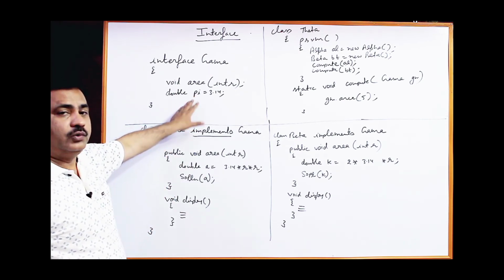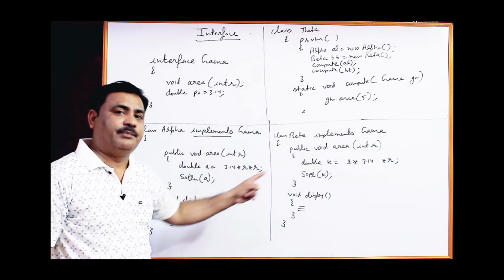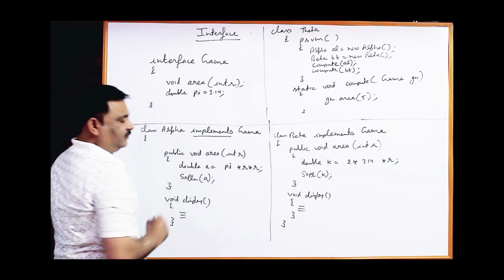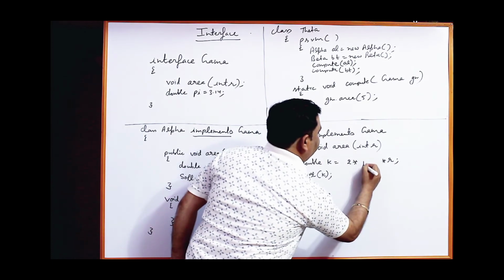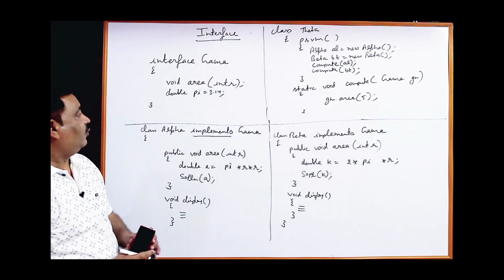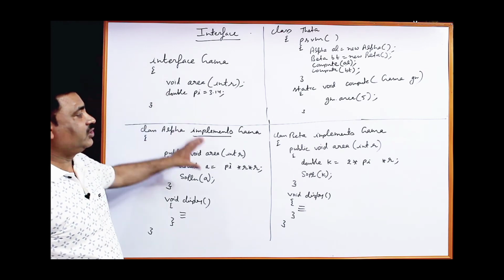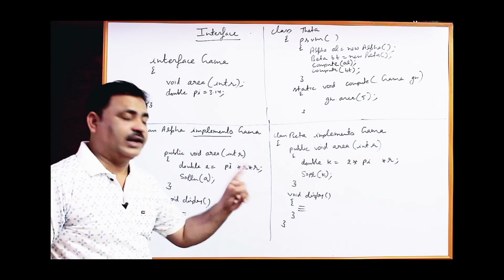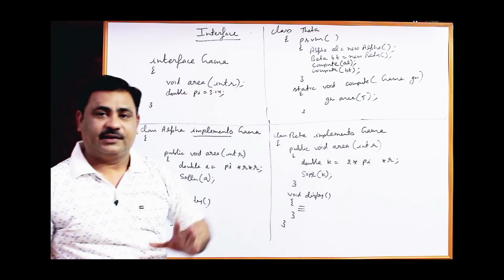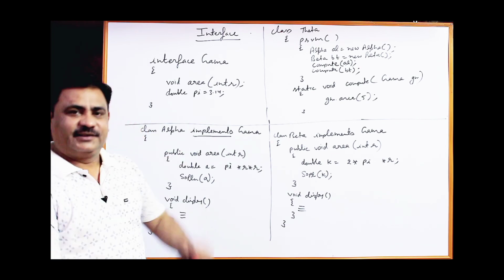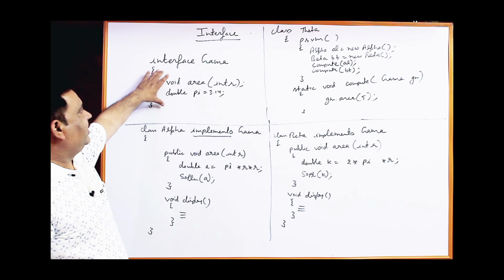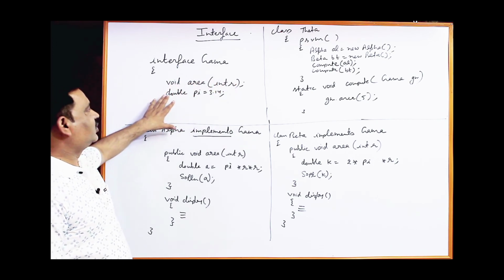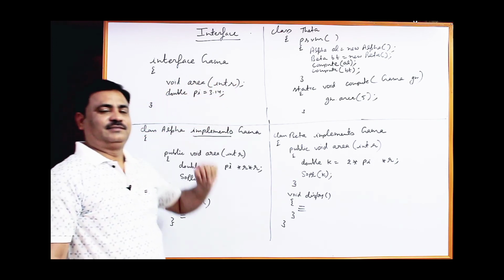This variable you can use in any class that implements it. Just like in place of 3.14, you can use pi. Same way here in this class. So one variable which is declared in an interface can be used in any other classes that implement it. But no class has the right to change the value of pi, because it is by default constant. So an interface is just to declare the abstract functions and constant variables. That's all.